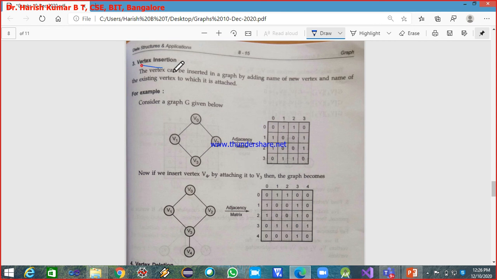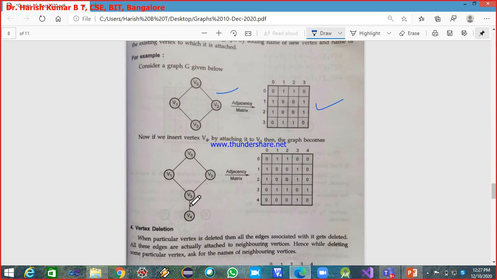Now, when we add a new vertex to an existing graph, how do we update the adjacency matrix? This is vertex insertion. At any point of time you can insert a new vertex into a graph. Consider this is the graph which I have, and its equivalent adjacency matrix is this.